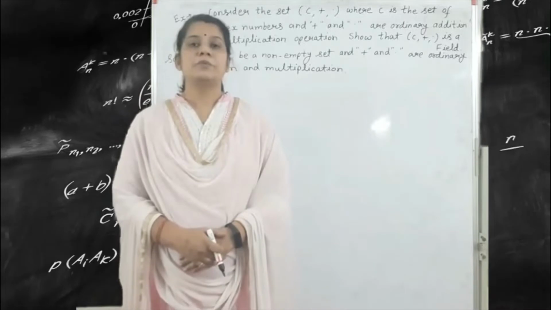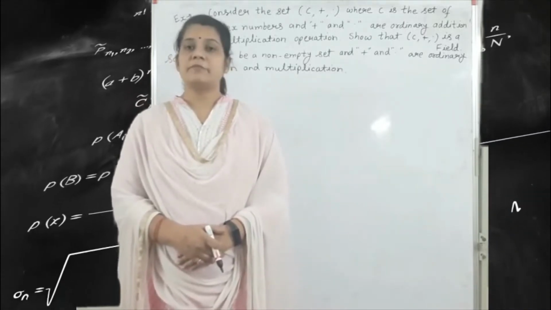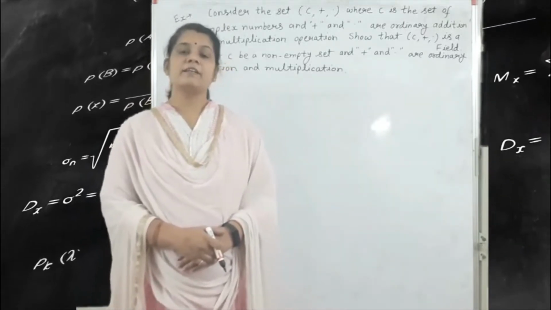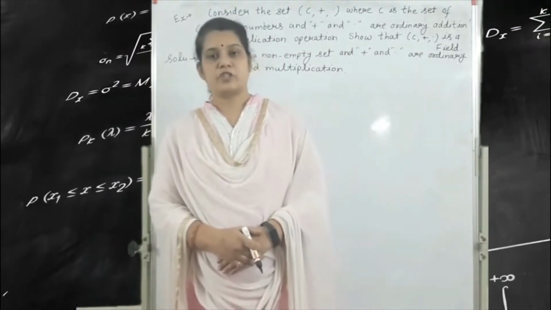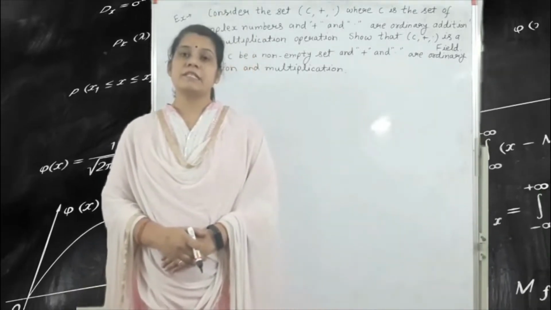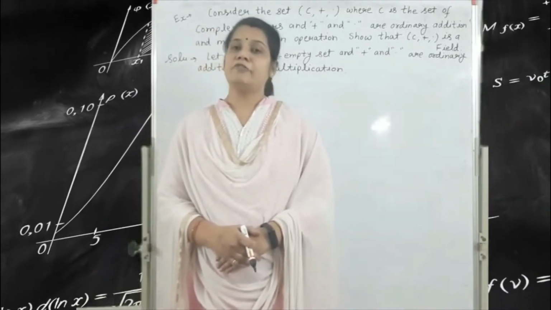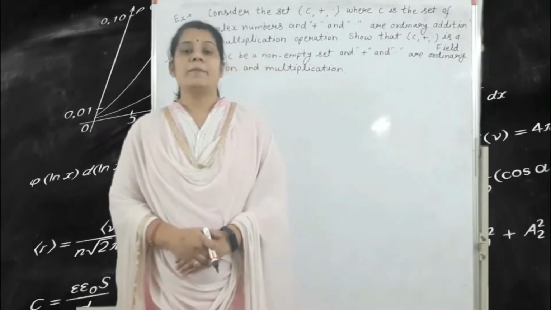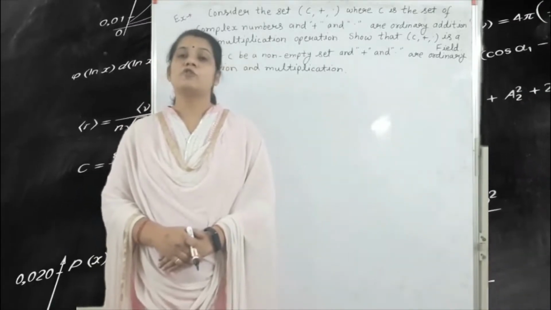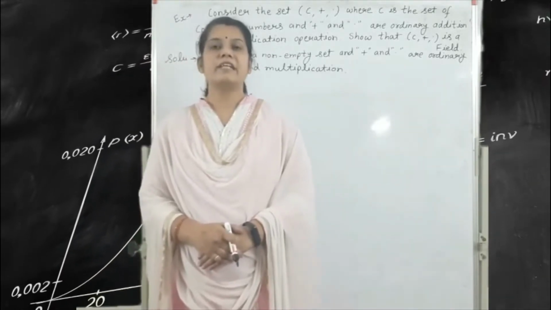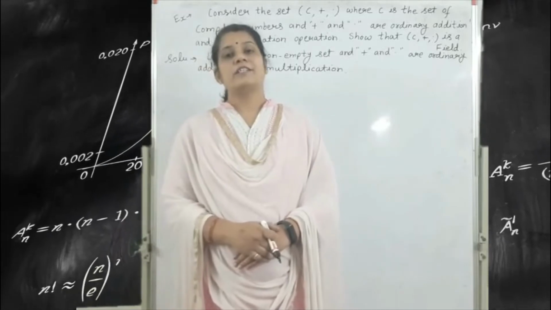Good morning everyone. Today I am going to take a lecture of discrete mathematics, chapter number 4, and the name is the algebraic structure. We have already seen in our previous lecture what is the group, what is the abelian group, what is the ring, field, addition modulo and multiplication modulo, and quotient, normal subgroup and different types of examples in the last lecture.